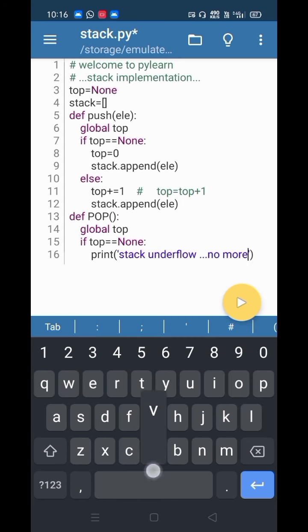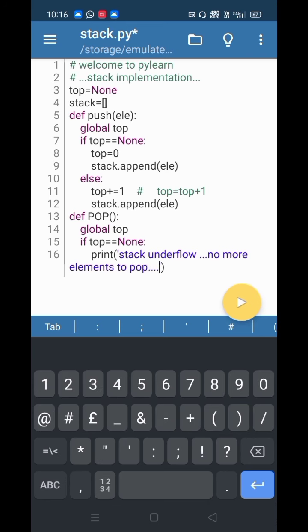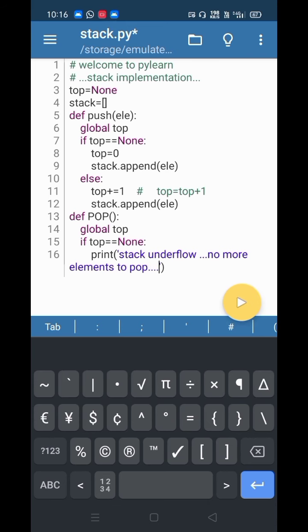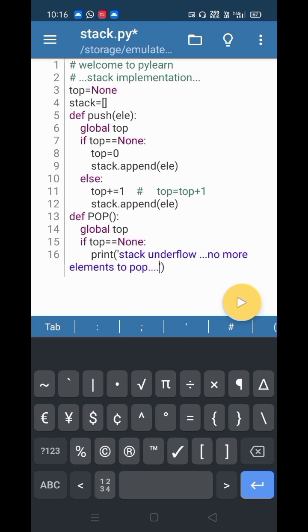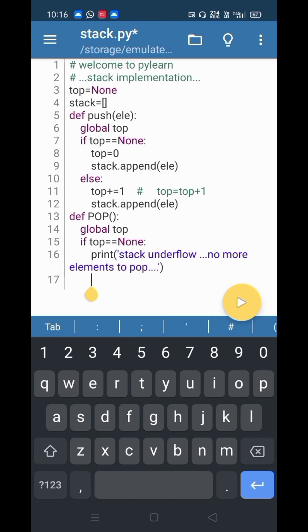No more elements to pop. This is the message I want to display if the user is trying to pop when there is no element in the stack.